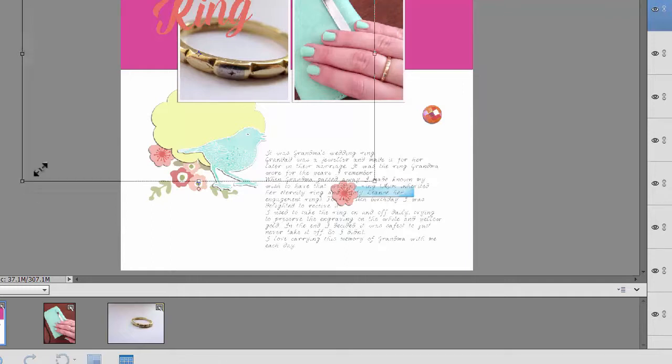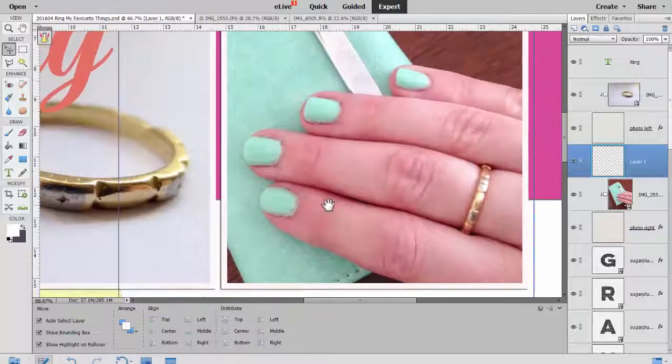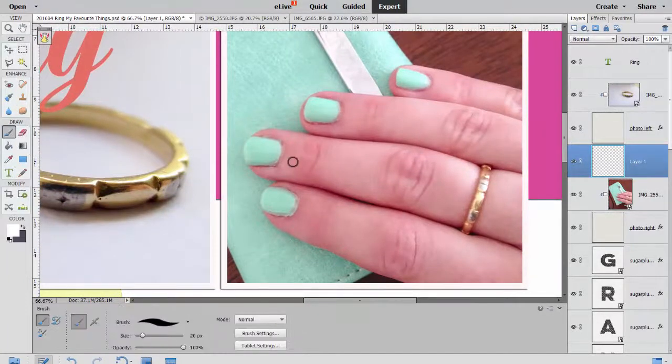So anyway, then can you believe this? Okay, so this is Layout a Day. Not when you're supposed to be photoshopping your nails, Melissa. So anyway, I play around with that and try and find a blend mode to clean up the manicure. It was a photo I took a couple of years ago, and my nail polish skills have improved a bit since then. But anyway, so I ended up photoshopping my nails a bit, and then I